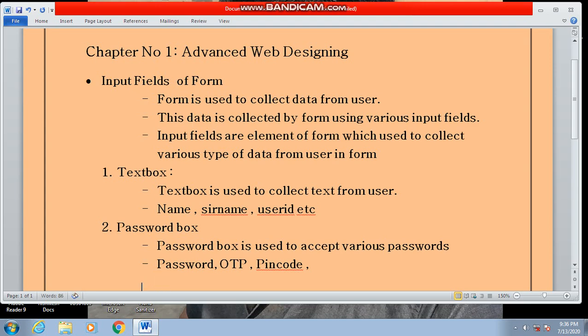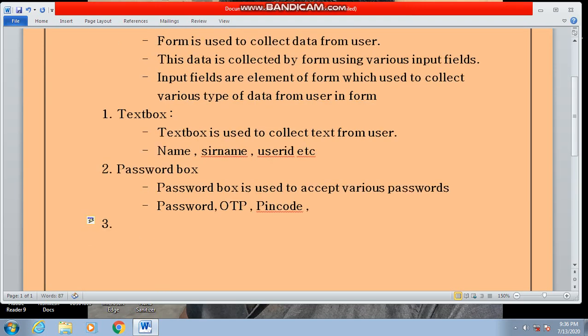We have to study the third input field, that is a radio button. When a radio button is used to collect data, keep in mind, a radio button cannot allow the user to enter information. We cannot type any information in a radio button.